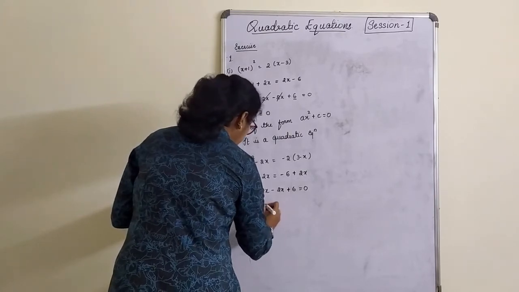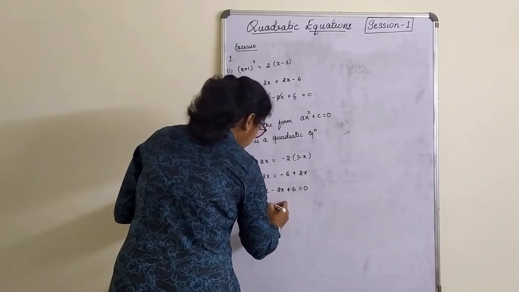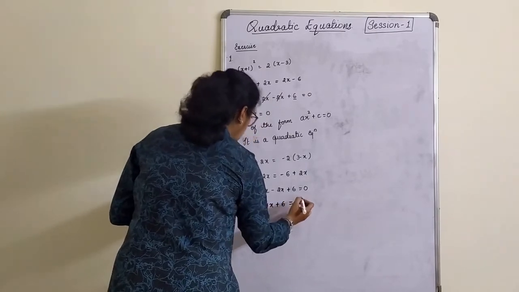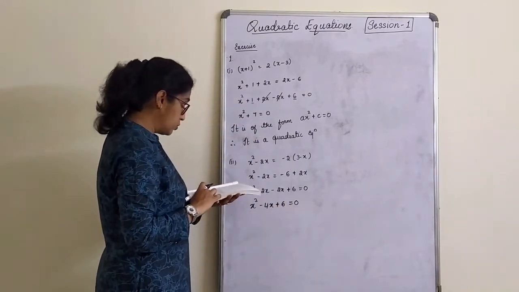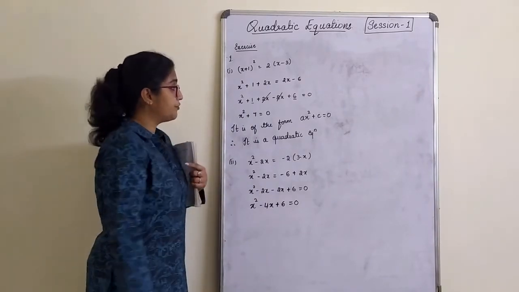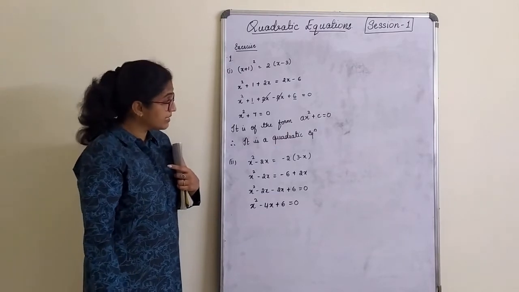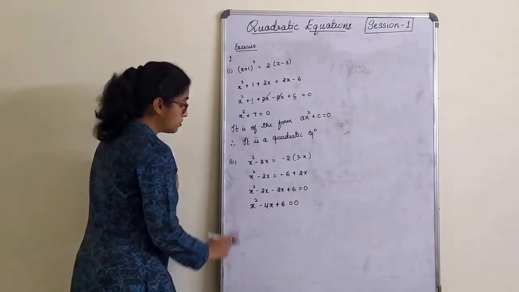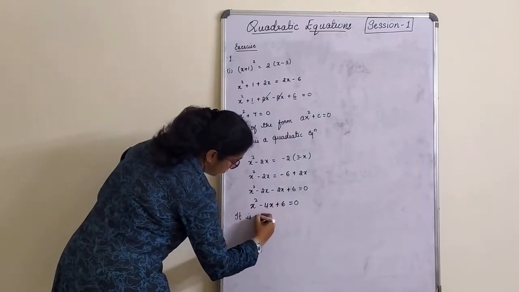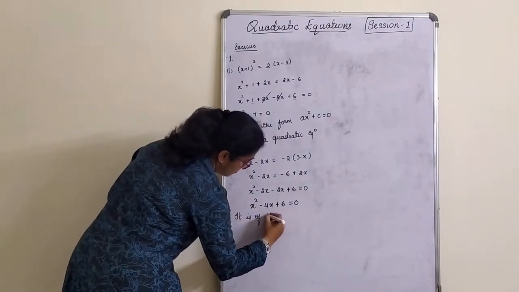x square minus 4x plus 6 is equal to 0. Is this of the form ax square plus bx plus c is equal to 0? Yes, it is of the form